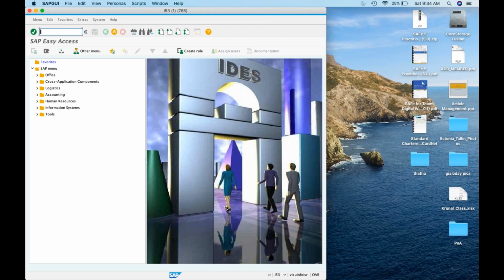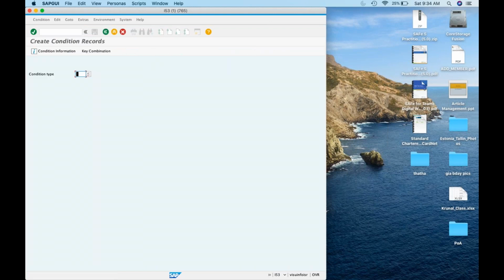If you want to maintain any procurement related condition records, you have to go to MEK1, give the condition type, and enter the prices. Similarly, to maintain sales related condition types, you have to go to VK11. Is that clear? MEK1 is for procurement related condition type maintenance, and VK11 is for sales related.